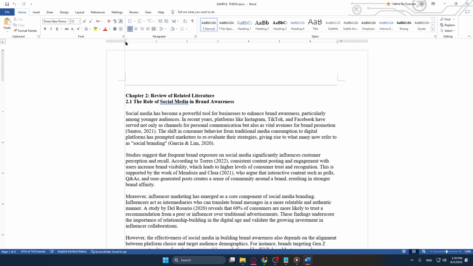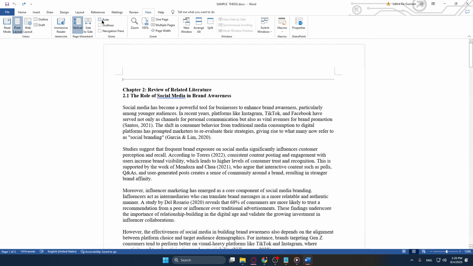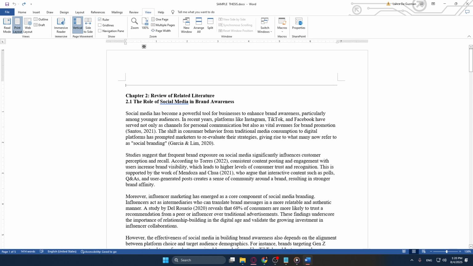If, by any chance, you don't see the ruler displayed at the top, don't worry. Simply head over to the View tab, which you'll find at the top of the Word interface. Clicking on this tab will reveal several options, and you should place a check mark in the box labeled Ruler under the Show section. Now, with the ruler visible, you can click and drag these hourglass markers to tweak the